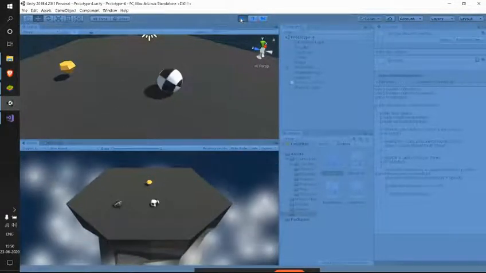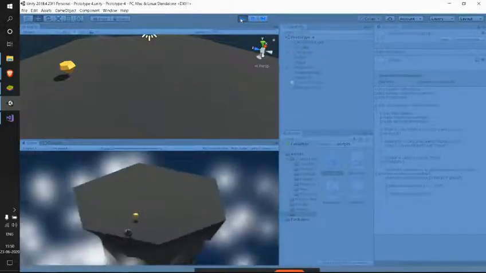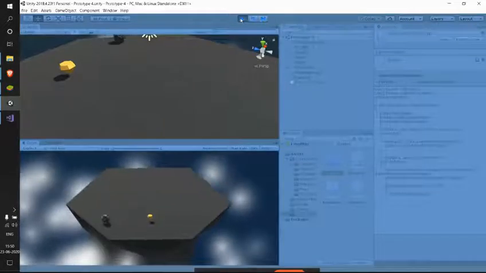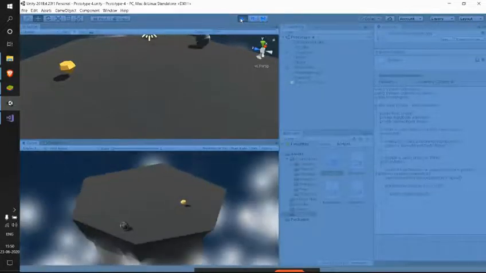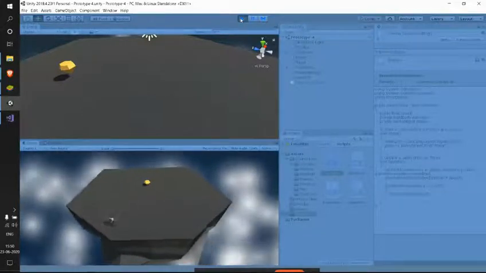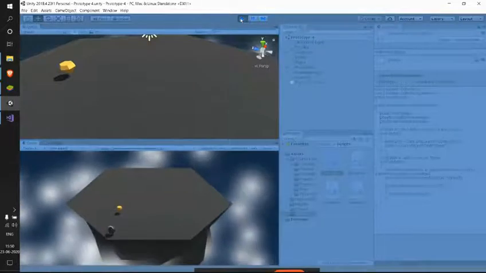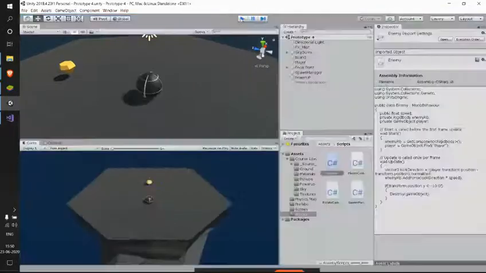So now, see, my enemy has died. Now the count is 0, right? Whenever my enemy count is 0, I will know how many enemies I spawned in my previous wave. This time I'll spawn the next number of it. Like if I spawn one enemy now, I'll be spawning 2 enemies in the next wave. So let's go and implement that.